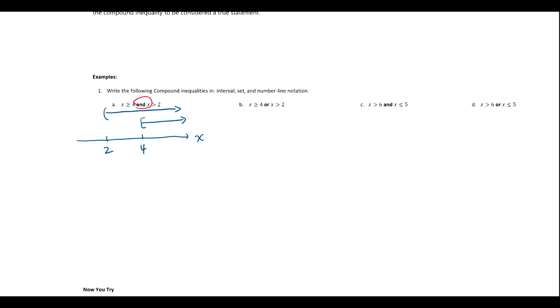And if I want to look for the part that's covered by both areas, both intervals, then I can see this is a part of the region that I'm looking at. And now if I want to indicate this entire highlighted area, which is the overlap area, by interval notation, we can say that we are starting from the number 4, again including 4, because that's what's implied in our initial statement. And we can go all the way to infinity to the right, because there's no boundary to the right